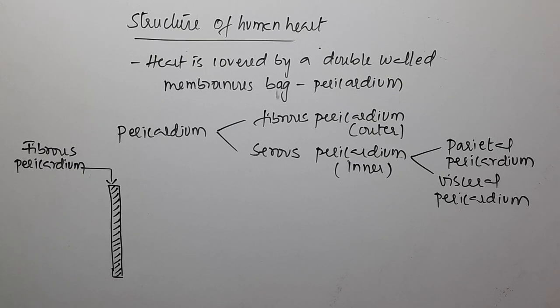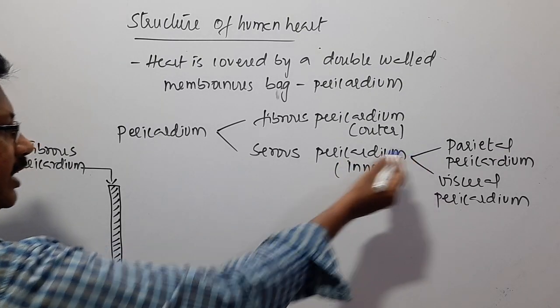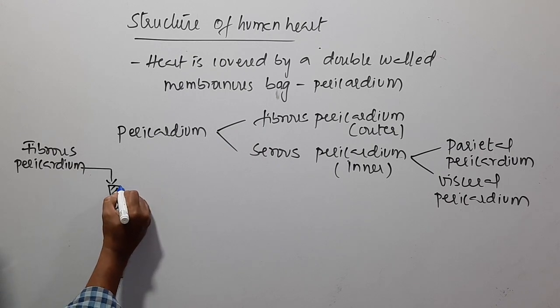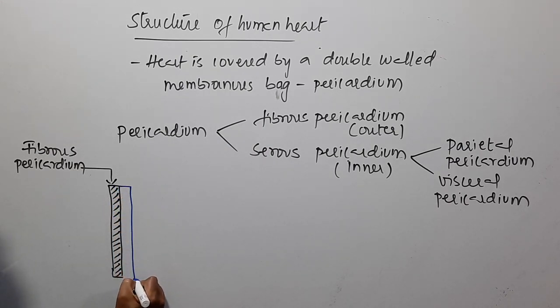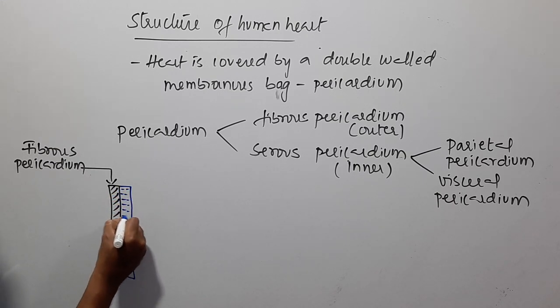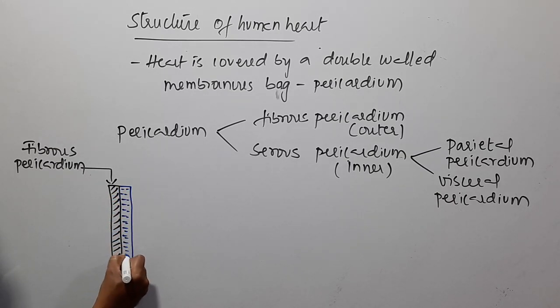One is called the parietal pericardium and another one called the visceral pericardium. This parietal pericardium will lie in close contact with the fibrous pericardium. So this is the parietal pericardium,